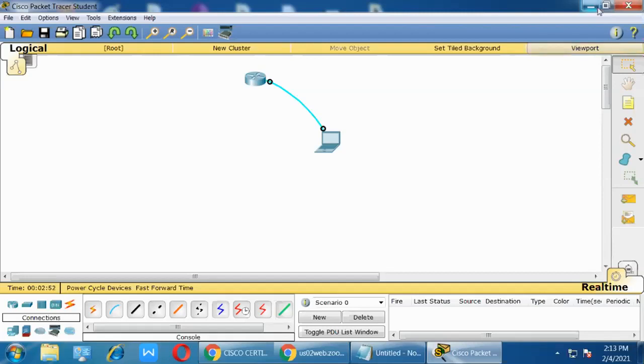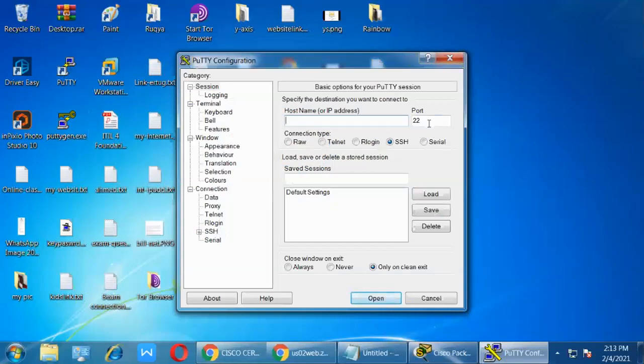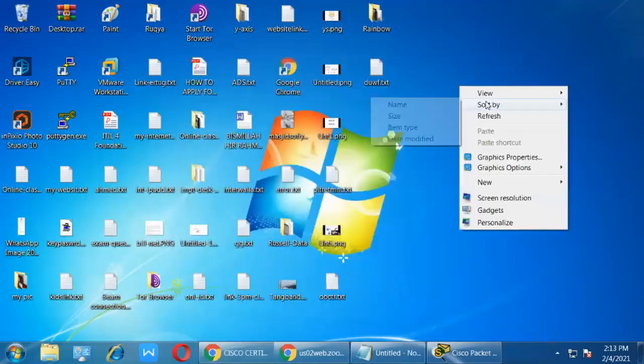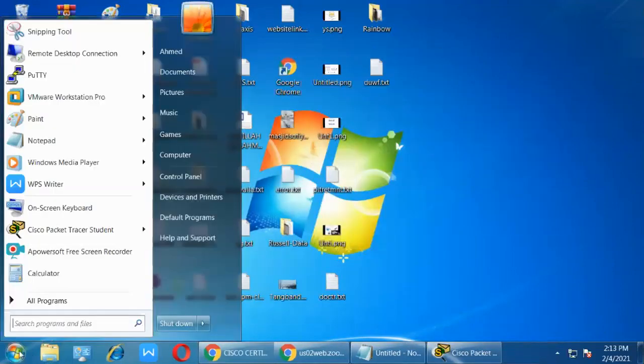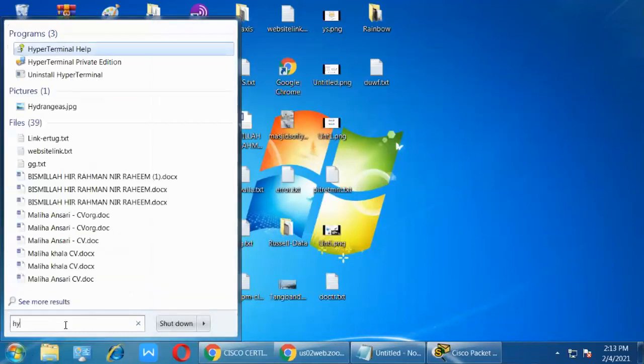So this application is used to access the router. How it looks, I already showed you. Here you need to select the connection. For example, if you are connecting physically, select the serial option; PuTTY with an IP address means you want to access remotely. For physical access, Tera Term or HyperTerminal.